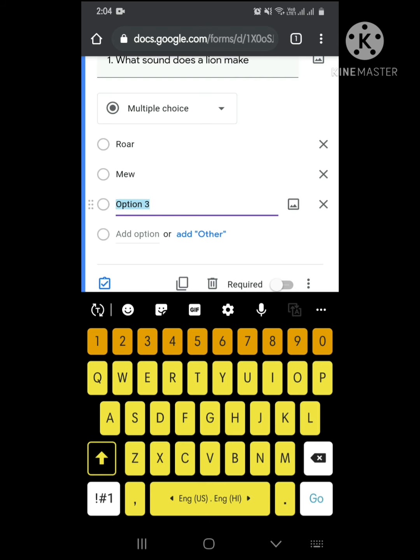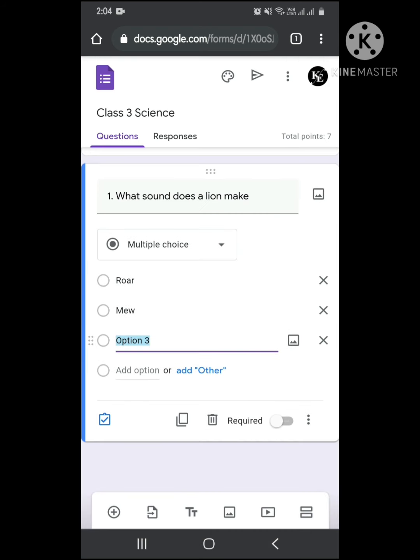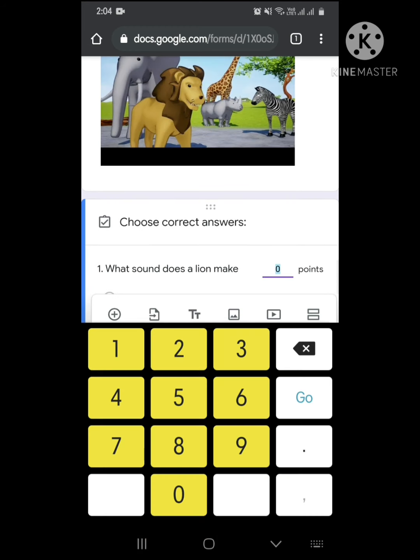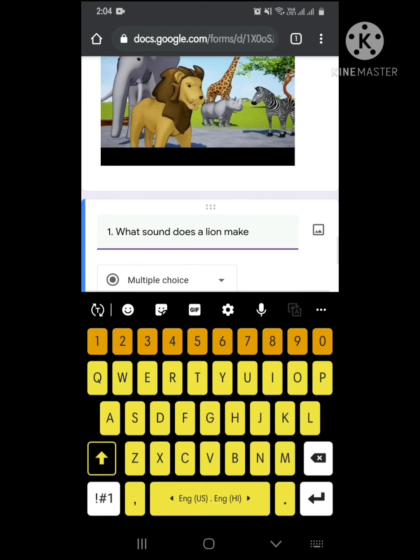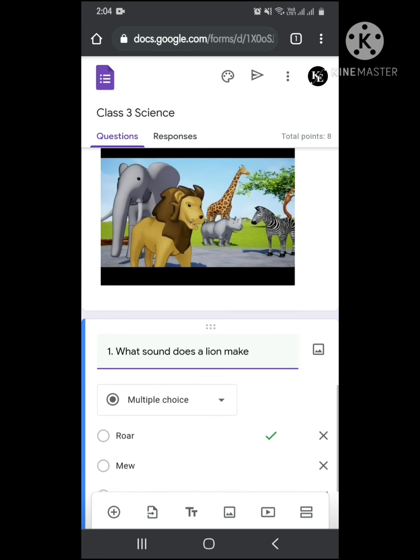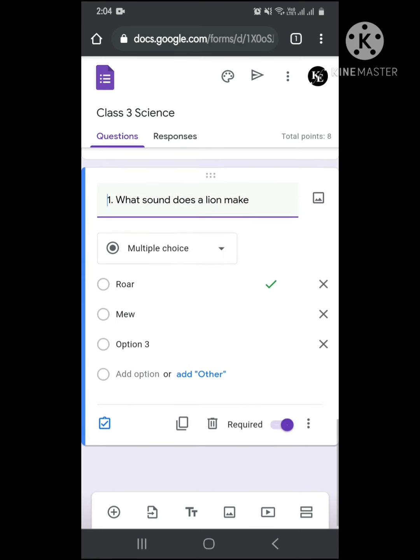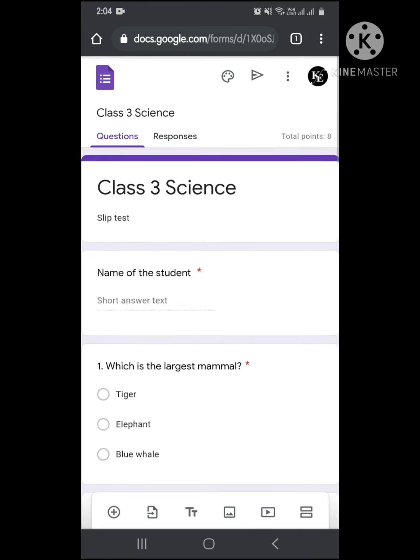So we can keep on adding options according to our need. Then it will be required, then answer key, points, and the correct option. So similarly, we can keep on adding so many questions for the same video. So the student will watch the video and keep on giving the answers. So as you can see, our question paper is ready now.